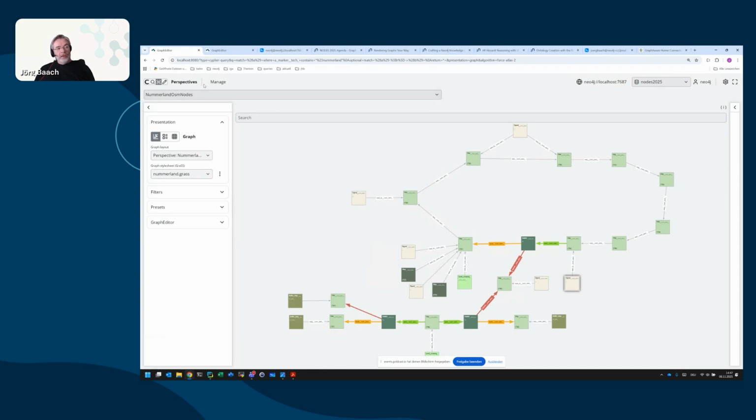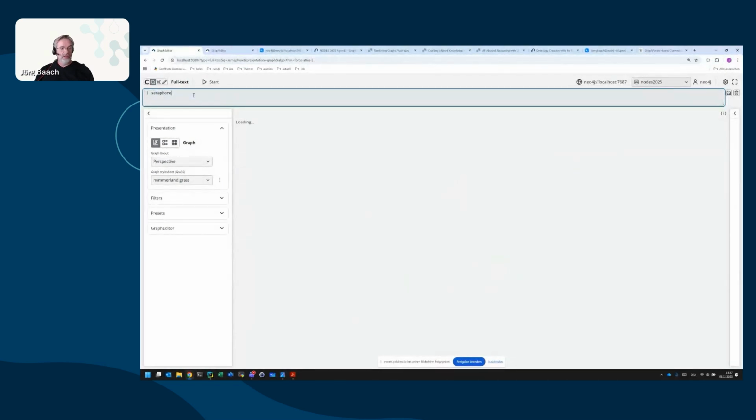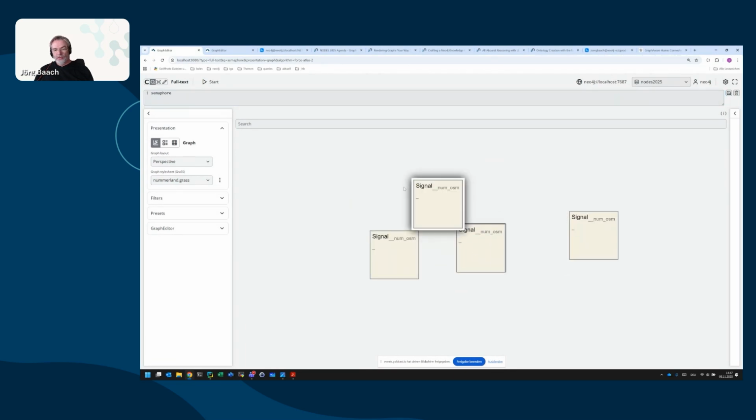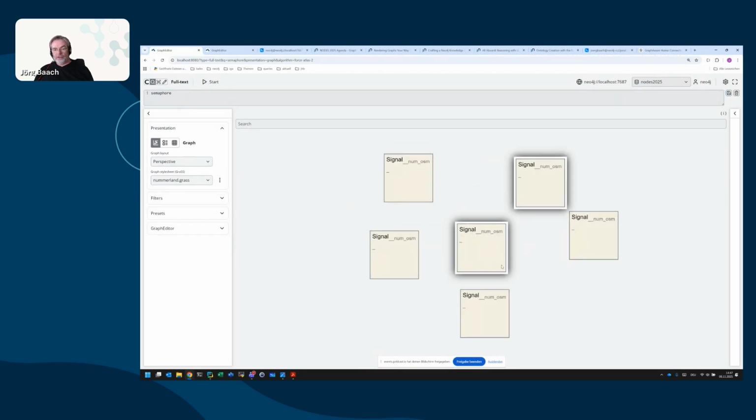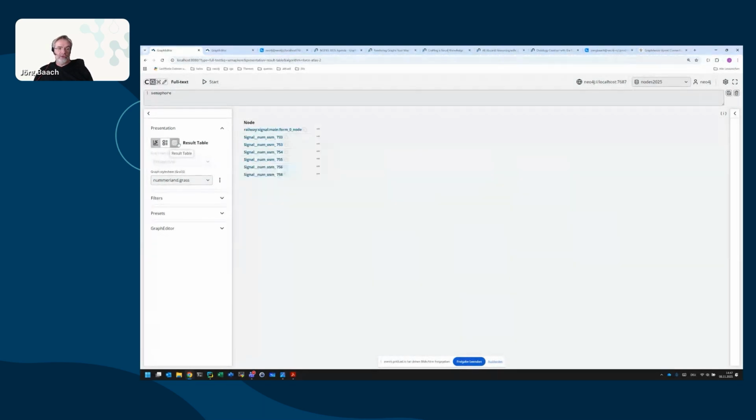We have other nice features as well. For example, we have a full text search. Let's look for the semaphore that I mentioned before. You see that we have some nodes that can be found using this full text search. Can we only use a graph? No, we can also show a result table, and you can have this result table for all queries. And within the